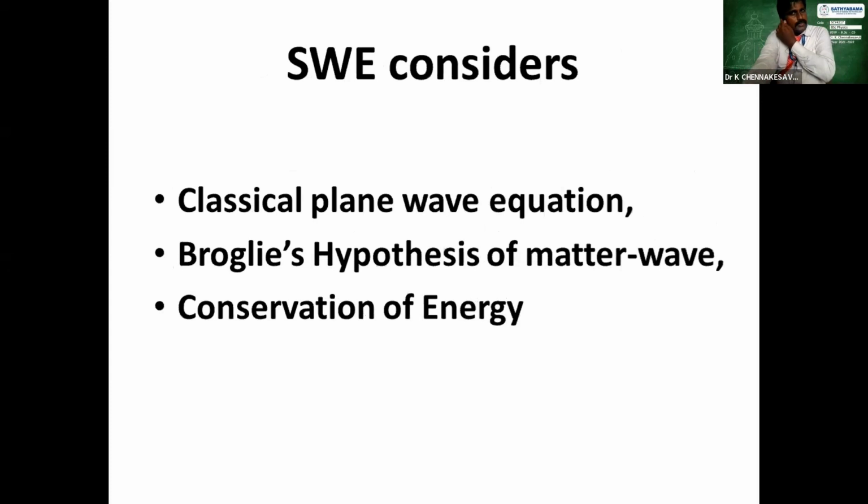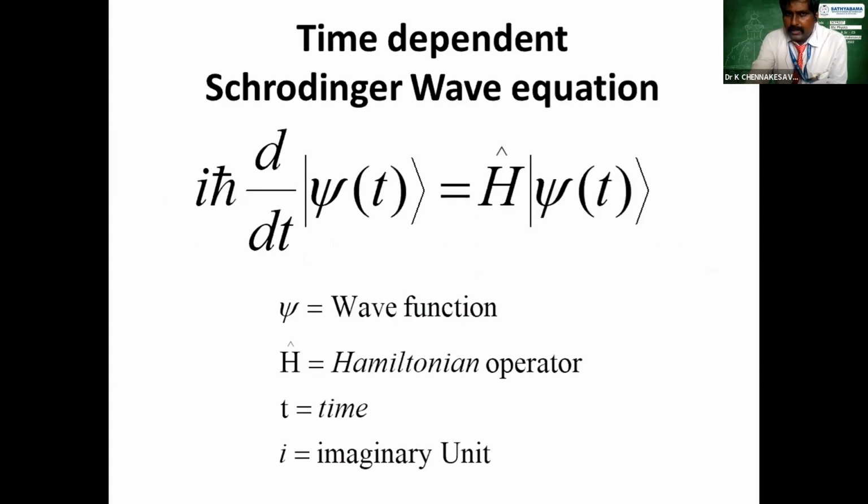The Schrodinger wave equation considers the wave equation, de Broglie's hypothesis, and conservation of energy, that is, kinetic energy and potential energy. Okay. Now, as per the Schrodinger wave equation,